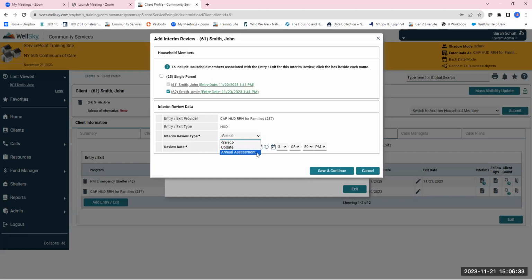And the annual assessment will be done regardless of if any information within that assessment has occurred. So even if there are no updates to the data sets around income, non-cash benefits, disabling condition, or medical insurance, you'll still do an annual assessment, date it for the 30 days before or after the anniversary date, and add